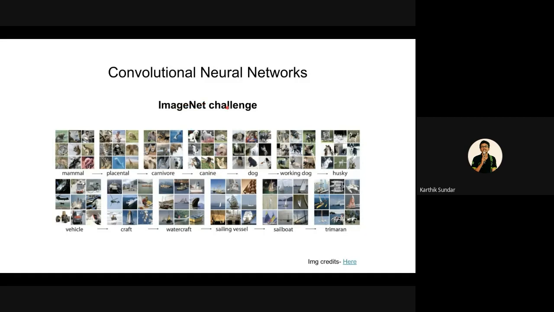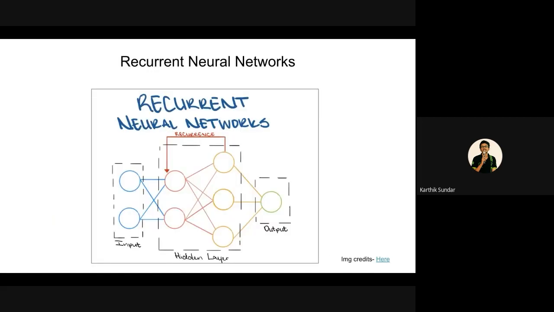A lot of companies and industries started contributing towards this task, and big companies like Google and Microsoft started contributing to this as well. And I think that's what boosted neural networks in the modern era. So, if convolutional neural networks are for images, there's something called recurrent neural networks for text classification or text-based learning methods.